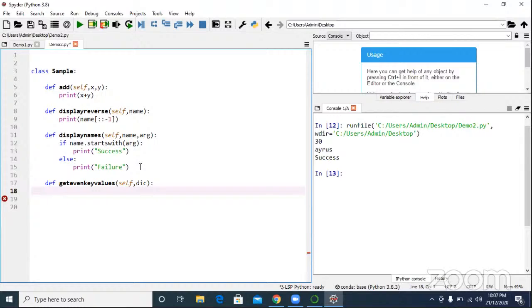No, it's not a dictionary. Dick, that's it. Don't imagine that dick is a dictionary. Frankly speaking, as a developer, the developer who is going to write a class and implement the business functions will create them based on the requirements.